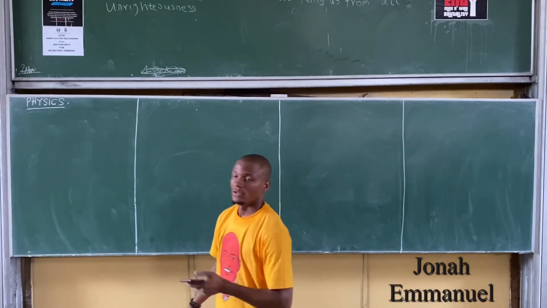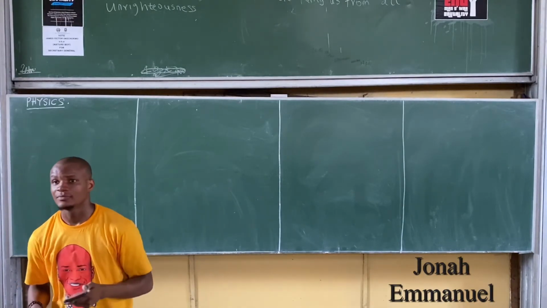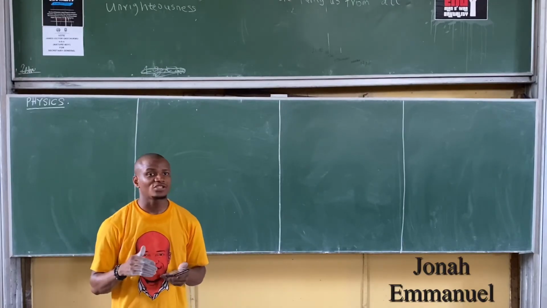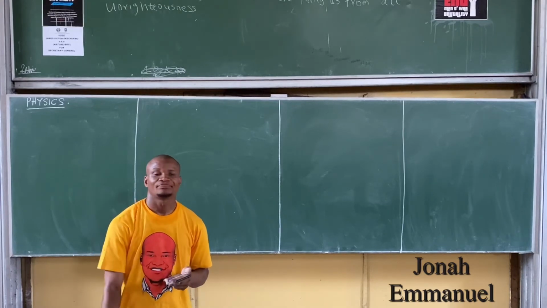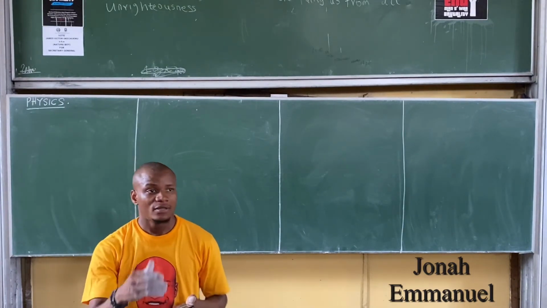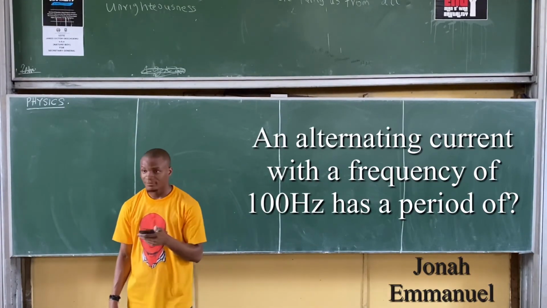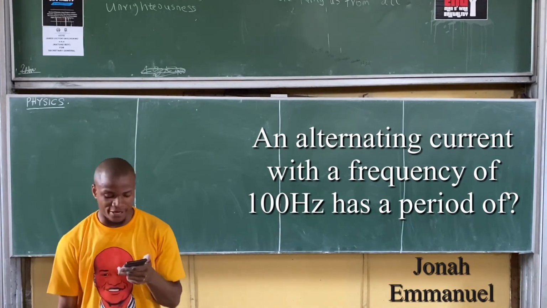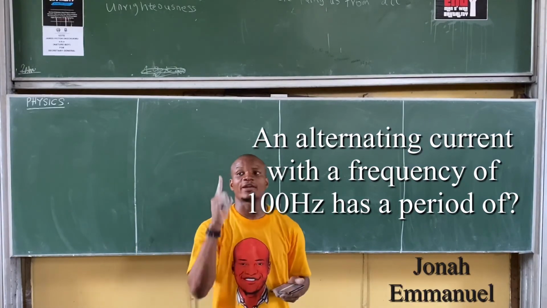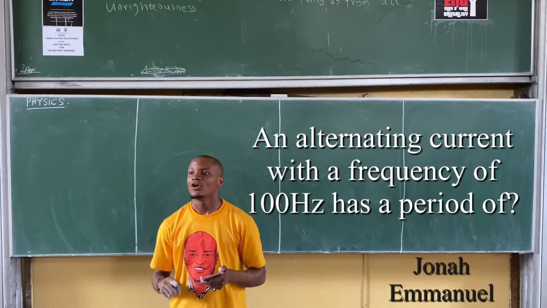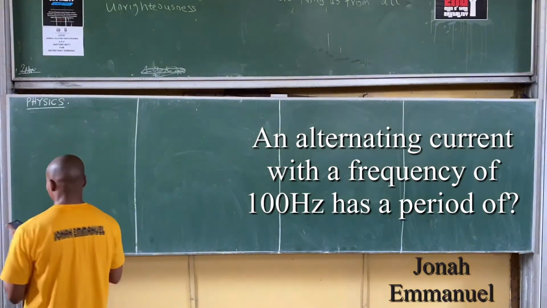Alright. Another question, one last question. With this we finish all the questions for the last 10 years. Example: an alternating current with a frequency of 100 Hz